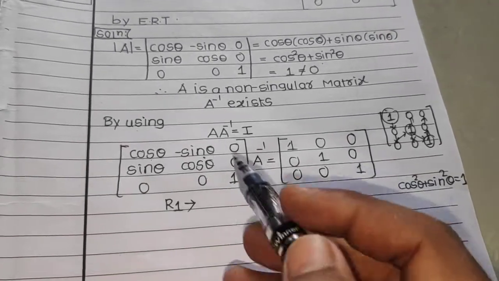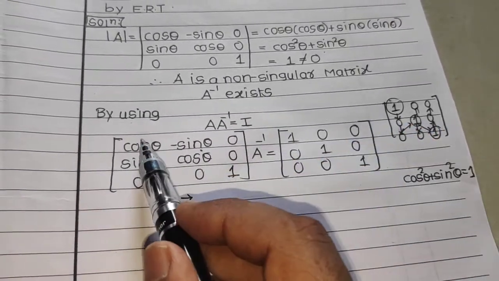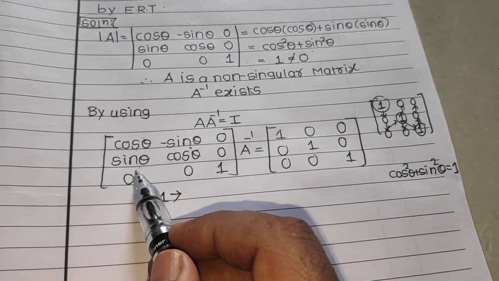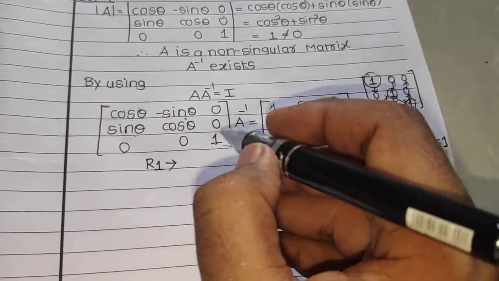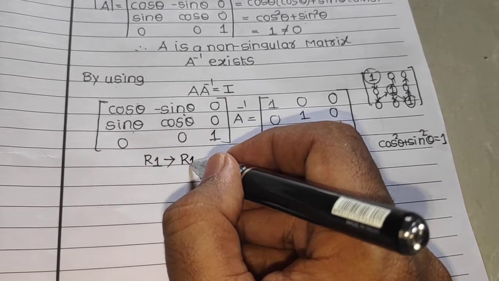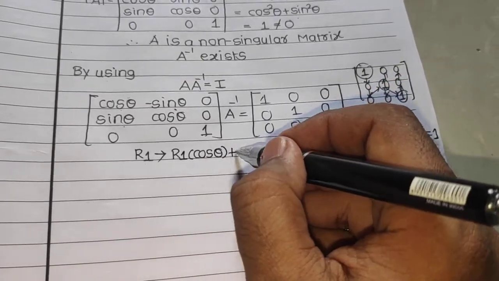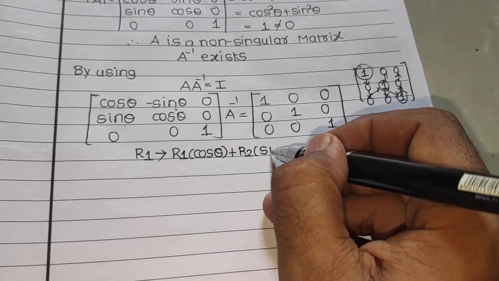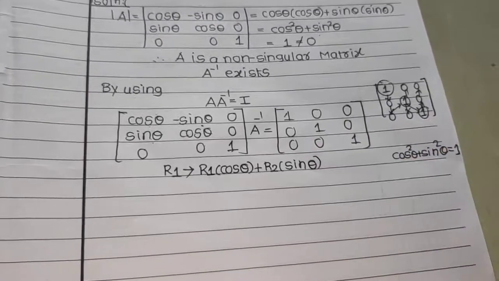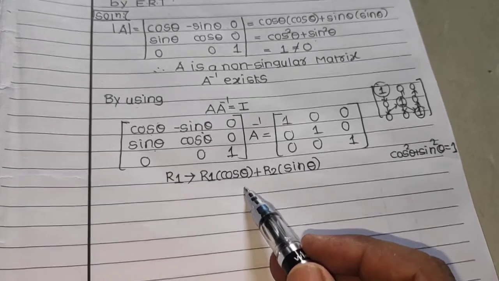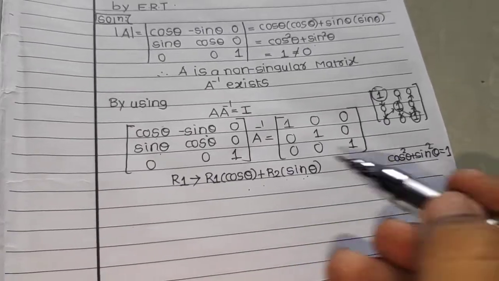अब इसी कॉस को अगर हम कॉस से मल्टीप्लाई करके, वापस सुनिएगा, अगर इस कॉस में हमने कॉस से मल्टीप्लाई किया तो कॉस स्क्वायर मिलेगा, और इस साइन को साइन से मल्टीप्लाई किया तो हमें साइन स्क्वायर मिलेगा, और कॉस स्क्वायर प्लस साइन स्क्वायर इक्वल टू 1, हर घड़ी में 1 ही 1 मिलेगा। तो इस 1 को लाने के लिए देखिएगा हम क्या कर रहे हैं, R1 चेंज टू R1 इंटू कॉस थीटा प्लस R2 इंटू साइन थीटा। बहुत ही पेचीदा ऑपरेशन है, बट ऐसे हर क्वेश्चन में आपको तकलीफ नहीं होगी। कुछ पेचीदा क्वेश्चन है, उनका काम सिर्फ करने के लिए ऑपरेशन याद रखें। क्या बोला मैंने, R1 चेंज टू R1 cos थीटा प्लस R2 टाइम्स ऑफ साइन थीटा।